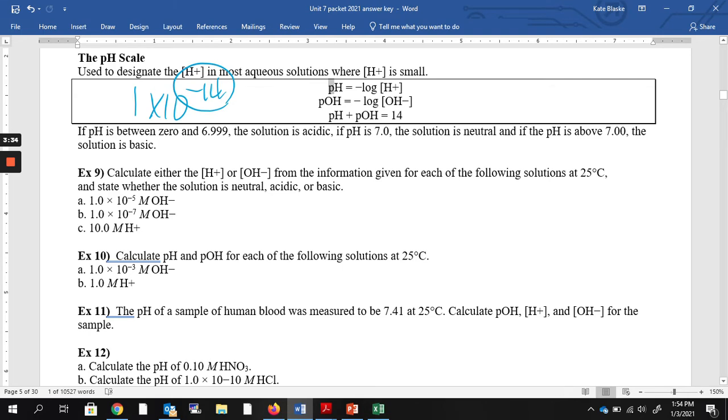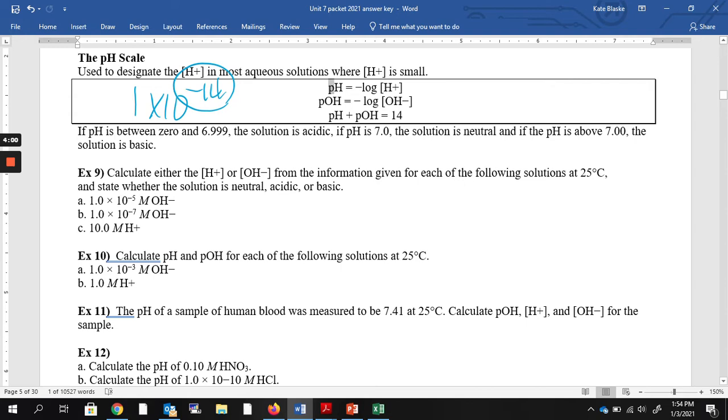So if my pH is between 0, sometimes it can actually be negative, it can be slightly less than 0, and 6.99, the solution is acidic. If the pH is exactly 7, then the solution is neutral. It is neither acidic nor basic. And if the pH is above 7, then we say that solution is basic. So as long as we know one number, we can always